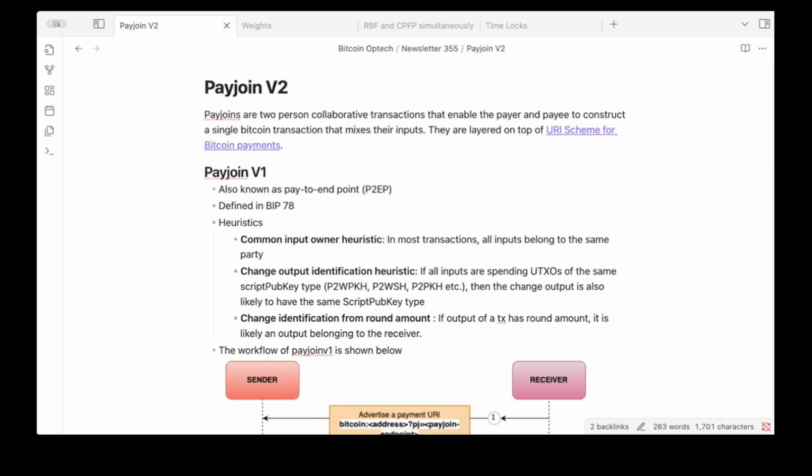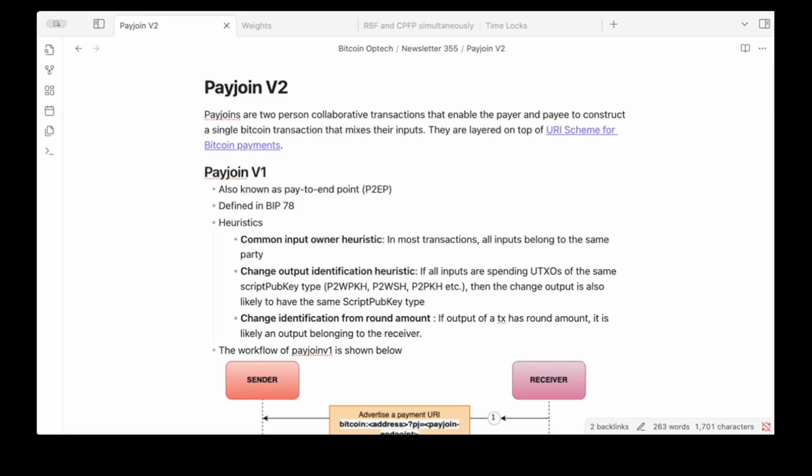This standard way of transaction has a few pitfalls associated with it. One is the common input ownership heuristic. So if we assume that all transactions are constructed in the standard fashion, that means all inputs that go into a transaction will typically belong to the same entity. That is the payer. So you can deduce this heuristic from the standard way of transaction. And the second